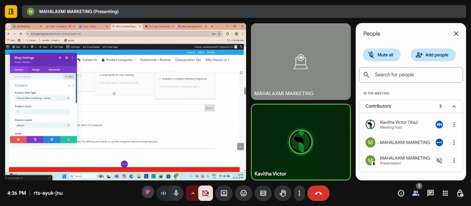Whatever products you have added in your shop page in your e-commerce website will be displayed here.